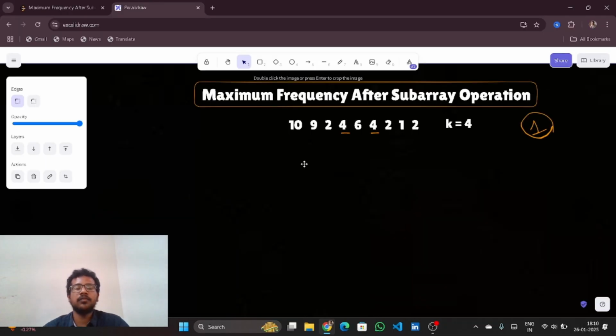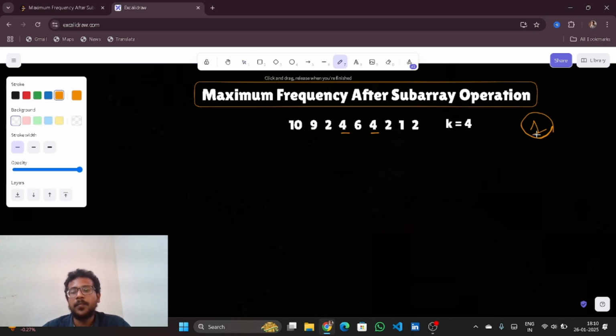So let us start with the example where many of the people got stuck in the contest. I'll start with 1 and see what values of 1 are present in my nums. So here I got 1, right? I can take this subarray and add 3 to it, then the value will become 4. Now the frequency of 4 in my nums after this operation will be